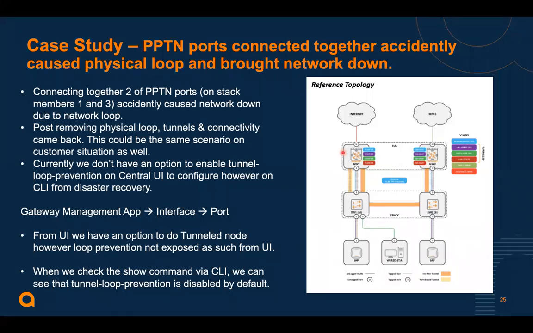And in our SD-Branch, SD-WAN solution, we do have a specific knob, tunnel loop prevention, which is by default disabled. And what we did was we had to enable this to avoid these sorts of